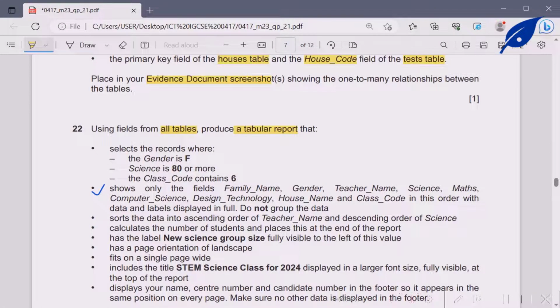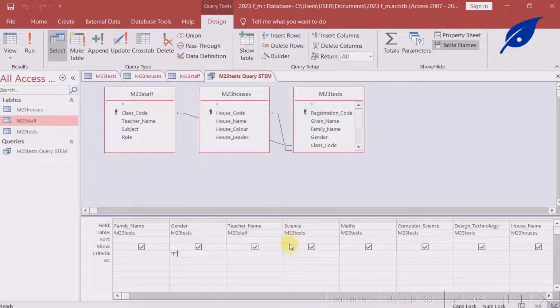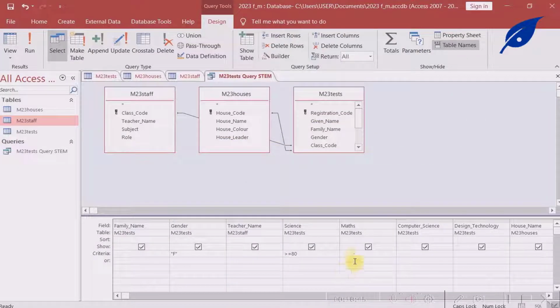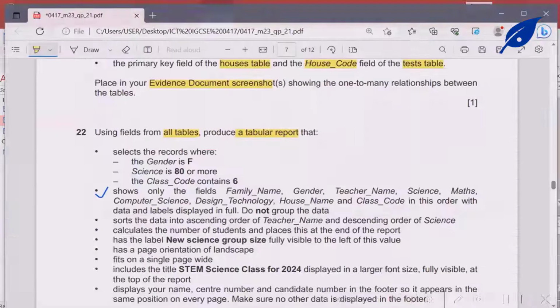Then after that, under science, we have 80 or more, so we'll look for science. Under criteria we type greater than or equal to 80. Then class code contains 6. So for class code, look for class code. Class code is... so for class code here, what we are going to get